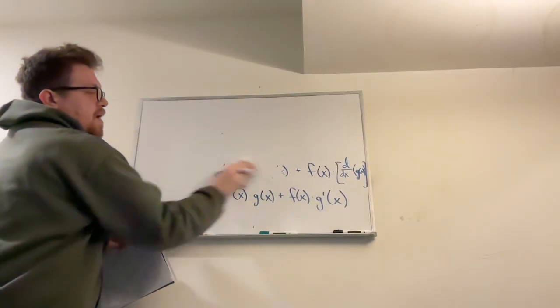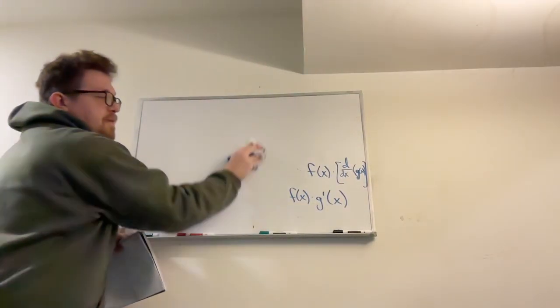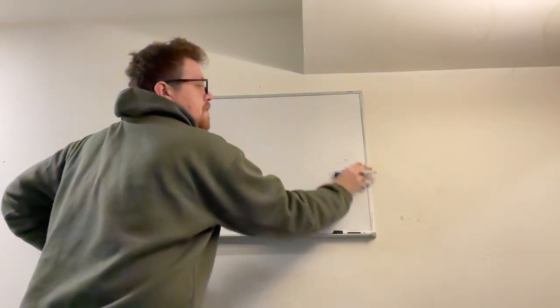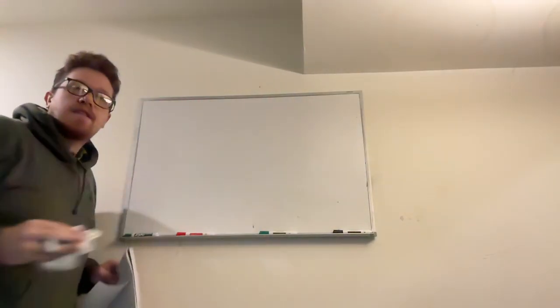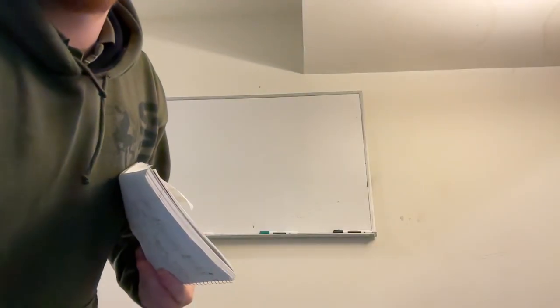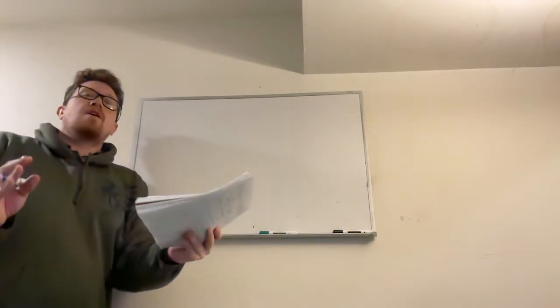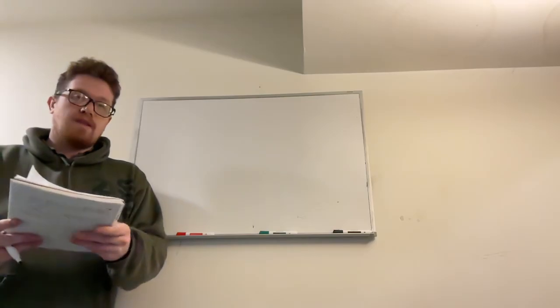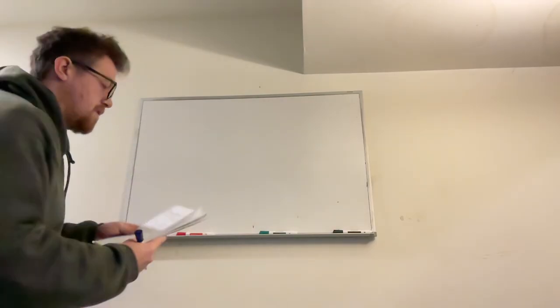So this is for the product of two functions. If I want to divide two functions and I want to take the derivative, well, first of all, the bottom function can't be 0. I can't divide by 0, but as long as I'm not dividing by 0, then the division makes sense, and we can find the derivative of the